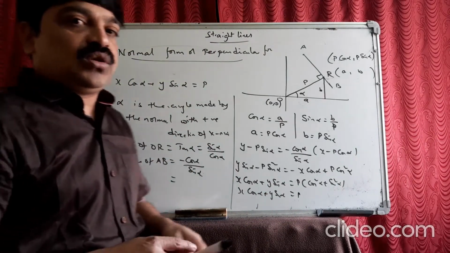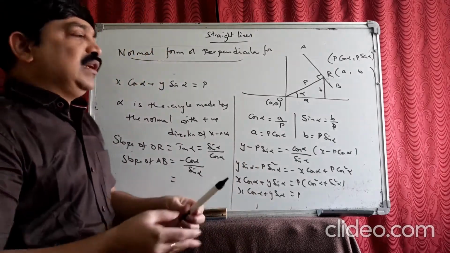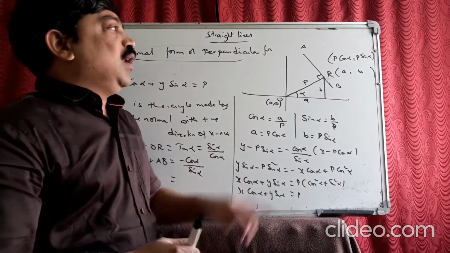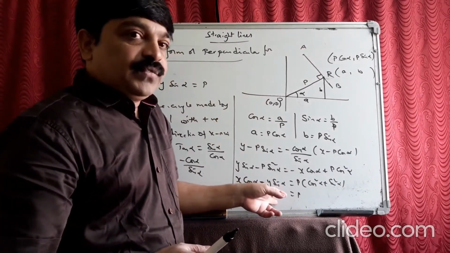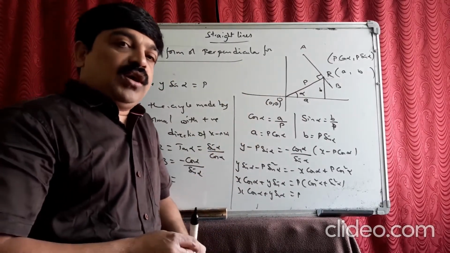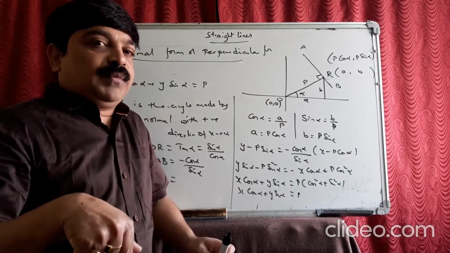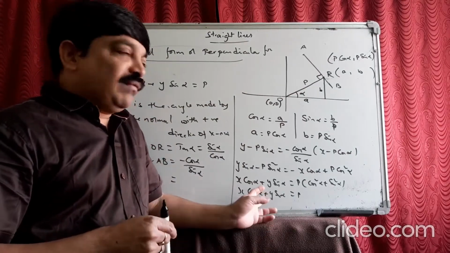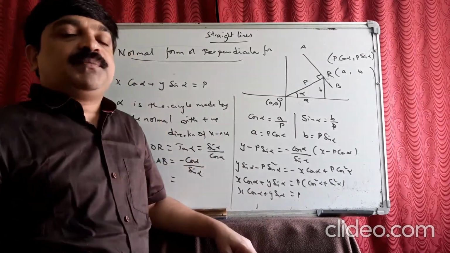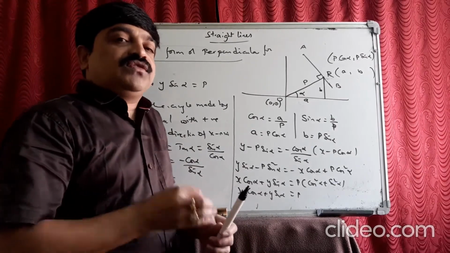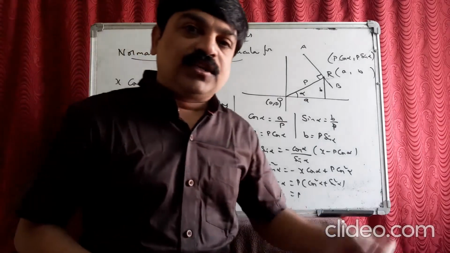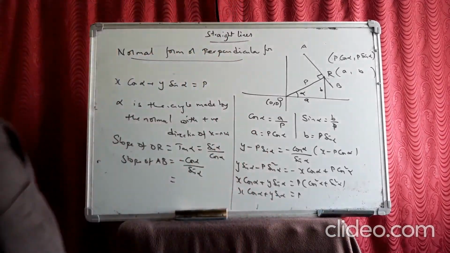Actually the derivations are not required, but if you learn this, you will be able to understand how the line looks like. See, this is the normal form of the equation of AB. For the equation of AB, we need a perpendicular from the origin. That slope of the perpendicular is taken as alpha, and the length of that perpendicular from the origin to the given line is taken as P. Be very careful with the normal form. It is very, very important for 1 mark and 2 mark questions. Alright, with all these concepts, let us go with exercise 10.2.